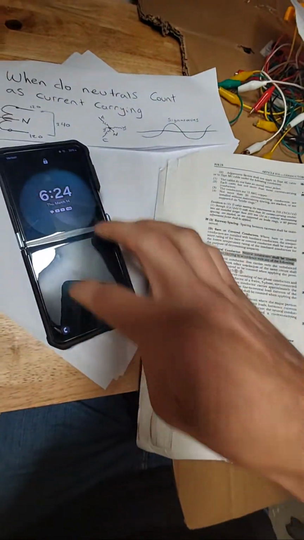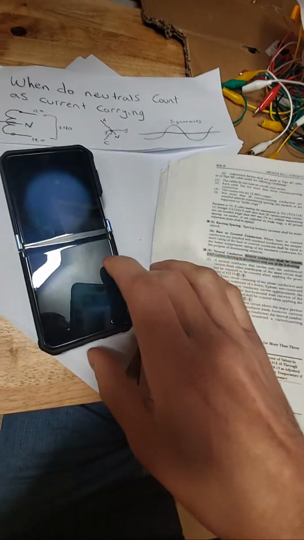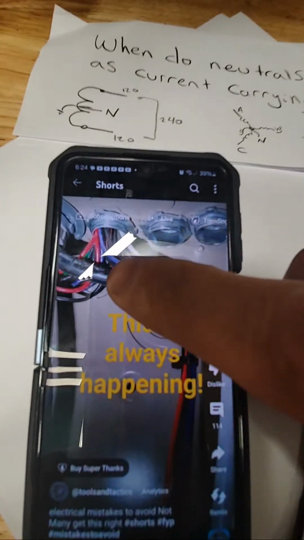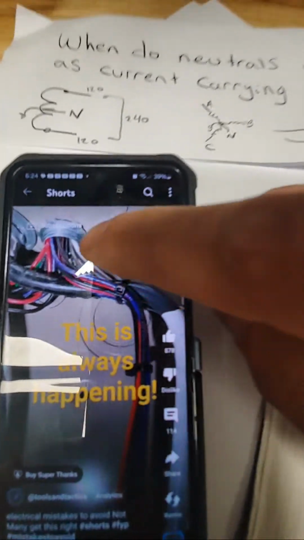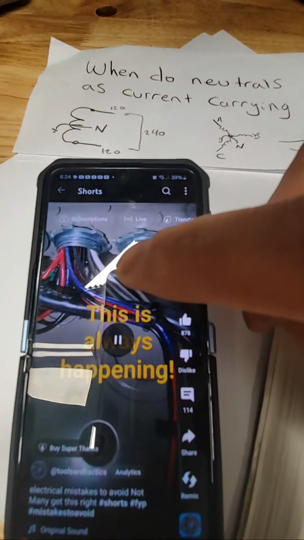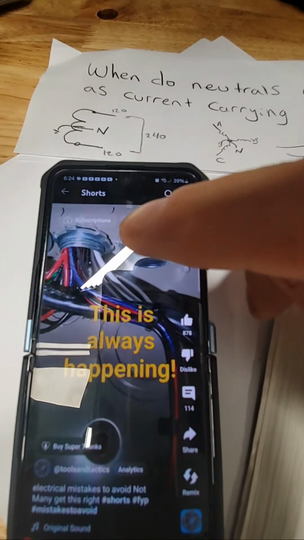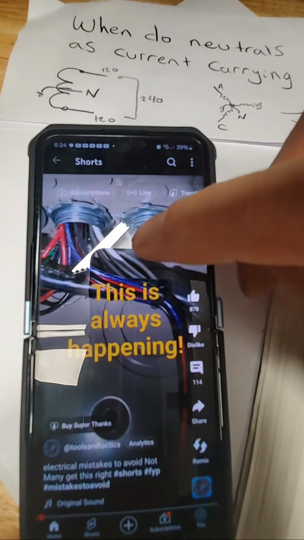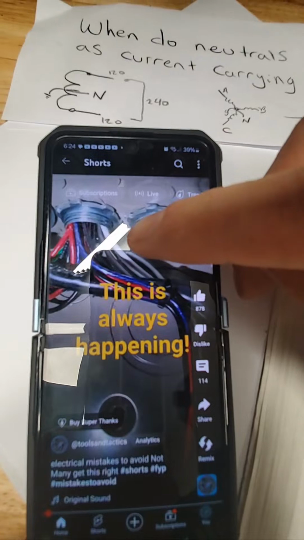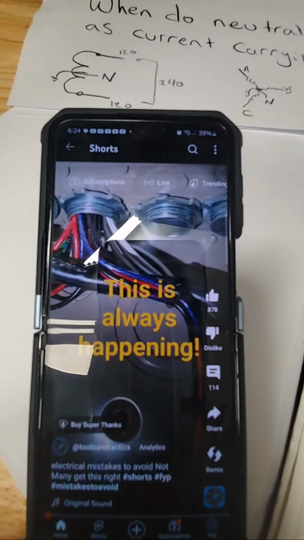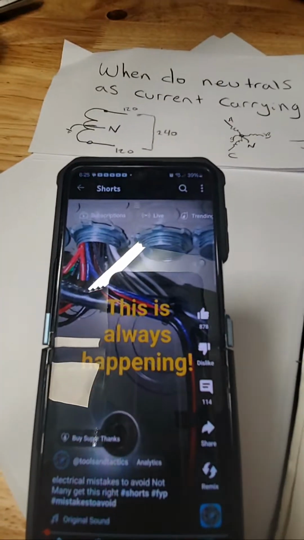I did a short about this, and I don't know why, but this is controversial, right? We have about 12 current carrying. Now, I said they need to run a separate neutral. I'm not necessarily wrong. There's a bunch of different ways to do something. A lot of the chat said, I'm not going to run individual neutrals. It makes sense. We're going to talk about it. First thing we've got to do